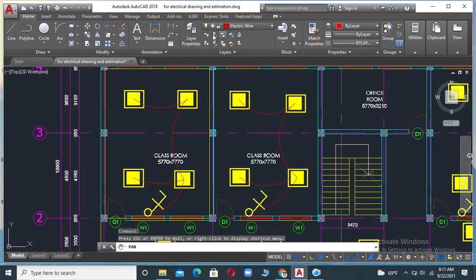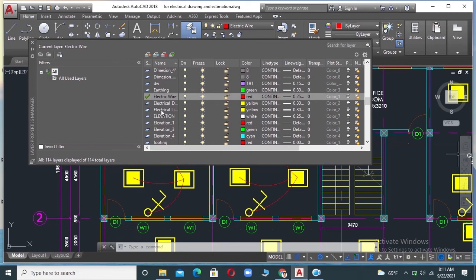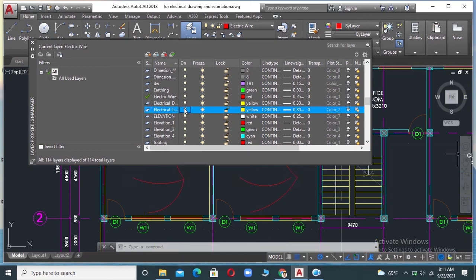Let's click on property and go to electrical light. Where is electrical light? Here we have an option on and off. This symbol, like a bulb, we can click to turn the layer on and off.